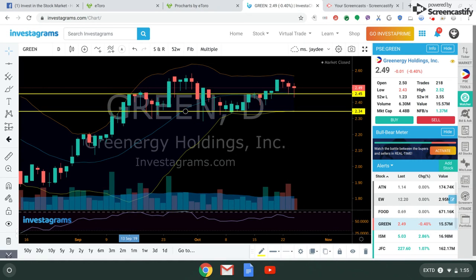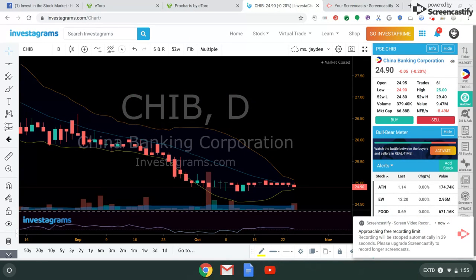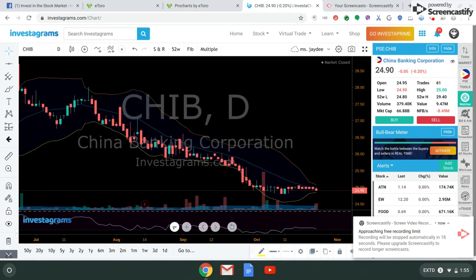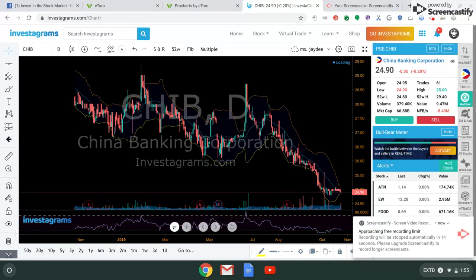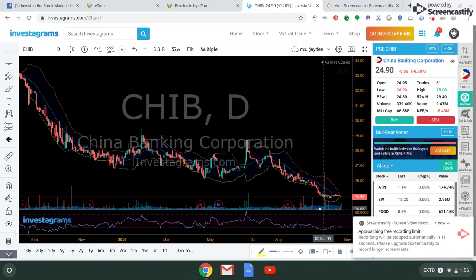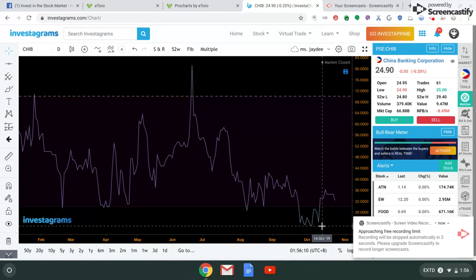Let's check out CHIB. CHIB is still at the support level. If you want to get in this stock, this is one of the banks here in the Philippines. You're still at a very cheap level. If you want to go long term for this stock, you're still at a very cheap level. So you can do a test buy. Your RSI is already giving us a bullish movement here. Price was moving down or price is going sideways, but